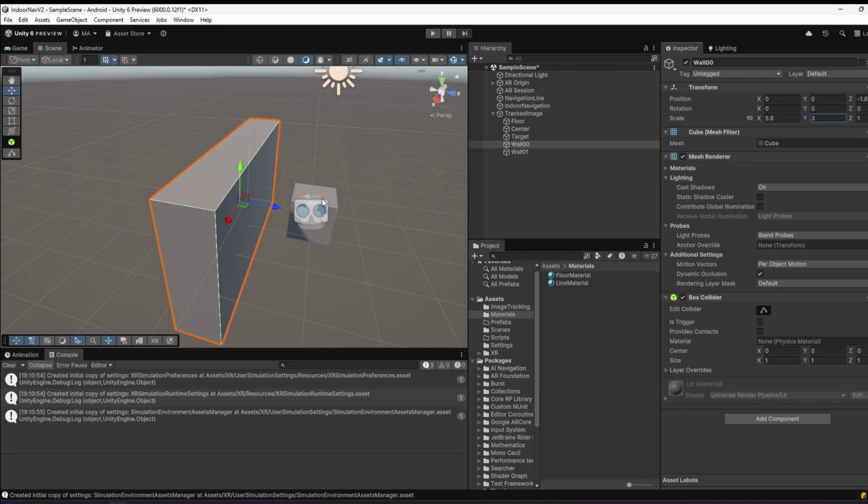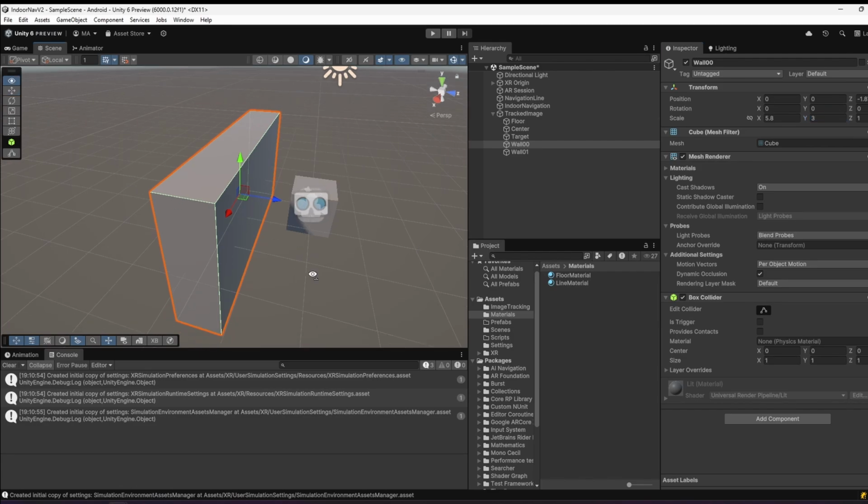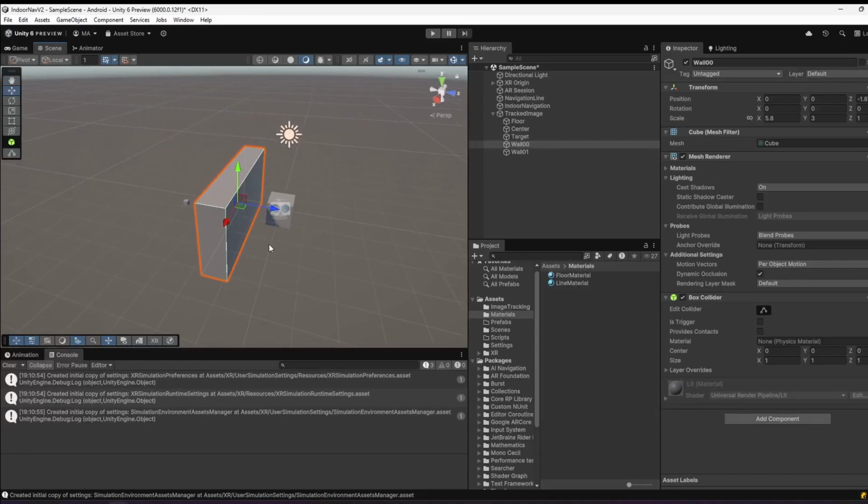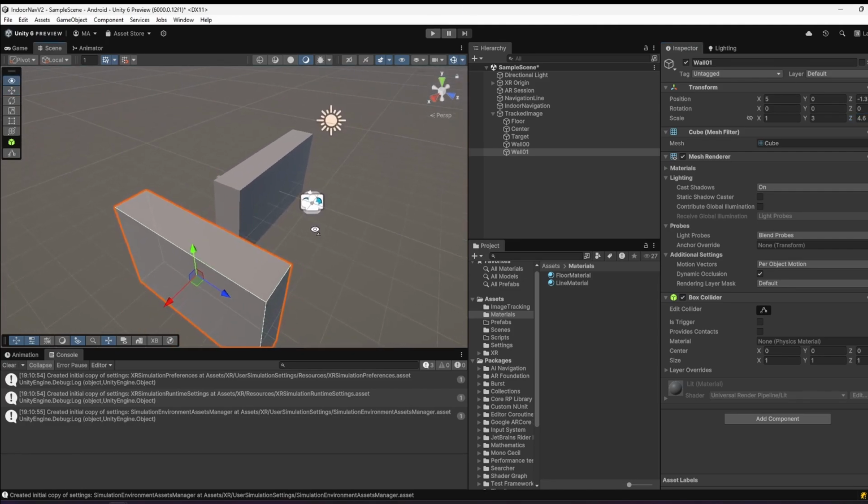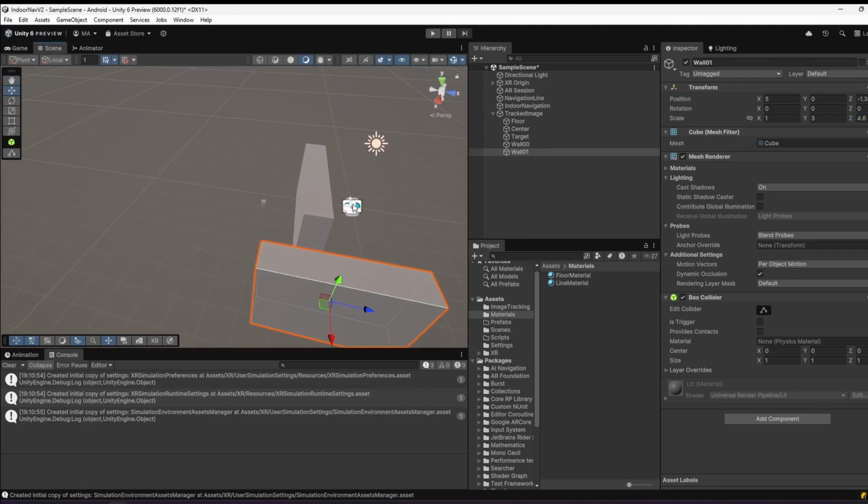You can see we're starting over here, and we're going to walk around this wall to this cube, and the second wall will be 5 in x, -1.3 here, and 3 in the y, and 4.6. Okay, so we have our way from down here over there,